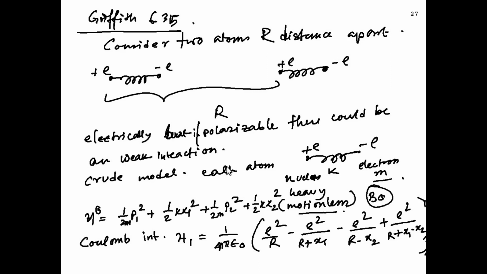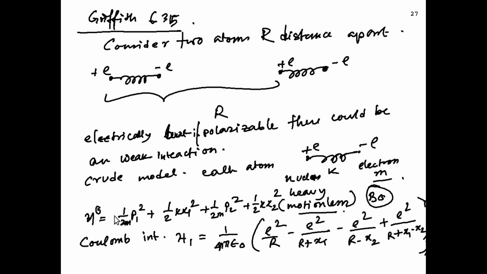So the crude model of the atom is basically an electron of charge minus e and mass m coupled to a nucleus which is plus e and very heavy compared to the electron. We know the nuclei are way heavier compared to electrons. So you can assume that this nucleus has no dynamics, it's just a static object, infinitely heavy. This is called the Born-Oppenheimer approximation. You will see its importance later, but for the time being let's just use it without knowing the name.